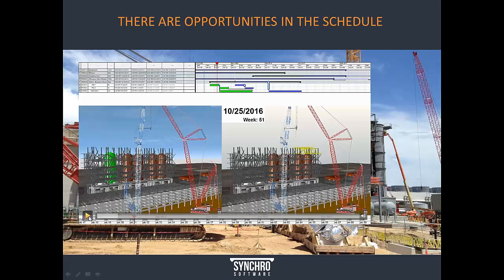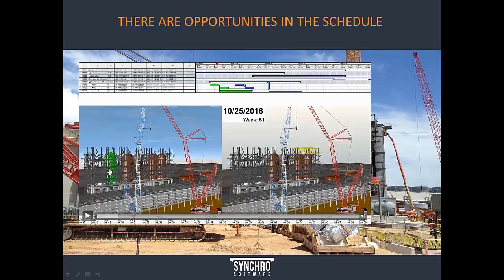Before I continue this video, I want to explain that in many projects that I've seen, schedules are made based on historical data that's developed from scheduling from previous similar projects, particularly in industries like power plants. And they all look natural and they flow well within the CPM view. But what can happen is that opportunities for improving the schedule or dealing with delays in a creative manner are not considered, even when they seem to be obvious once the situation happens, just because they look normal in the schedule.